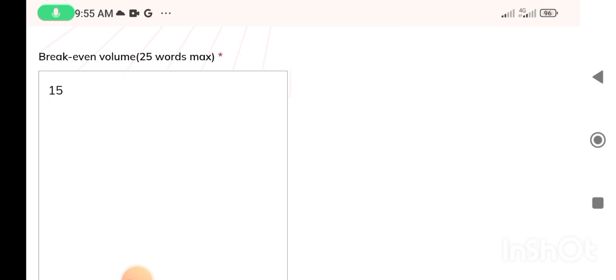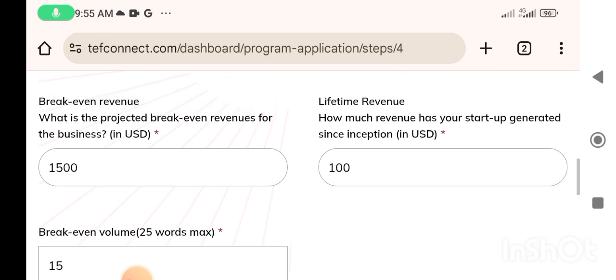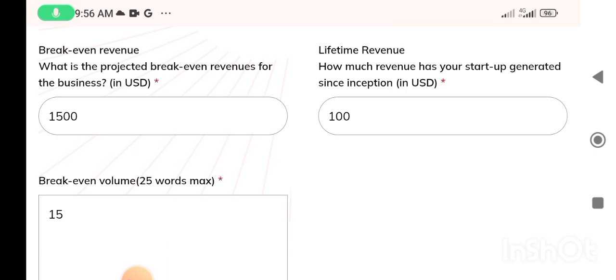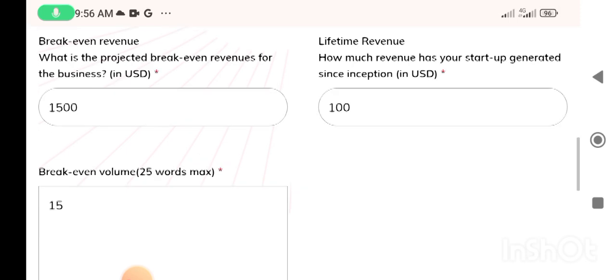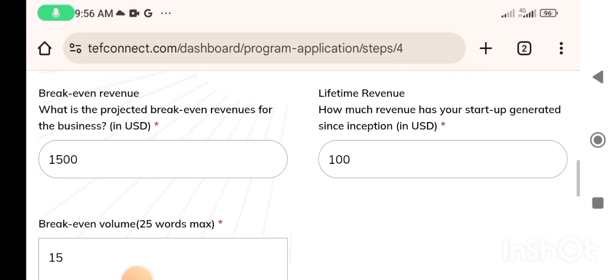Then break-even volume. This is how many quantities you need to sell or services you need to render to meet that amount of your break-even revenue. For example, here I see the break-even revenue is $1,500. That means when you have sold $1,500, then you are at break-even. So what quantity do you need to sell to be at this? That means 15. Because if your cost